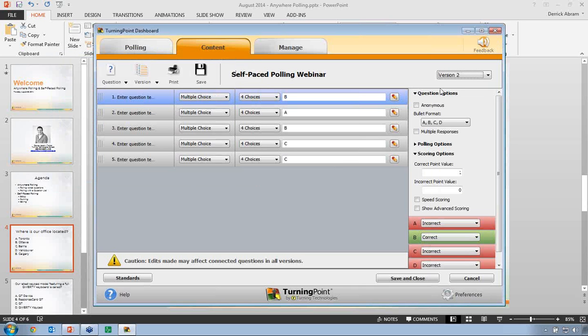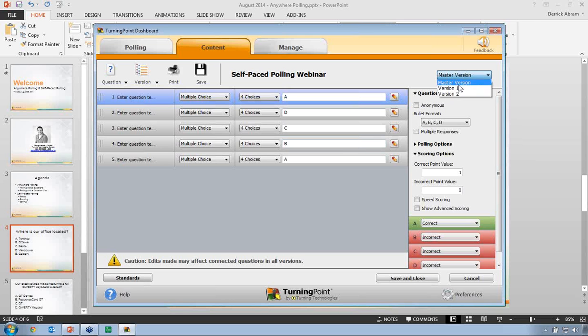Now, the idea behind the master version, let's say you create 3 versions of your exam, and all of a sudden you're looking at version number 1, and you realize, oh, geez, that's the wrong answer for question 4. It should be answered C instead. If you change that correct answer on your master version, okay, what that's going to do is have a ripple effect across your version 1, 2, and 3 of your exam. So now Turning Point is going to say, oh, geez, I need to go update this across all of these.